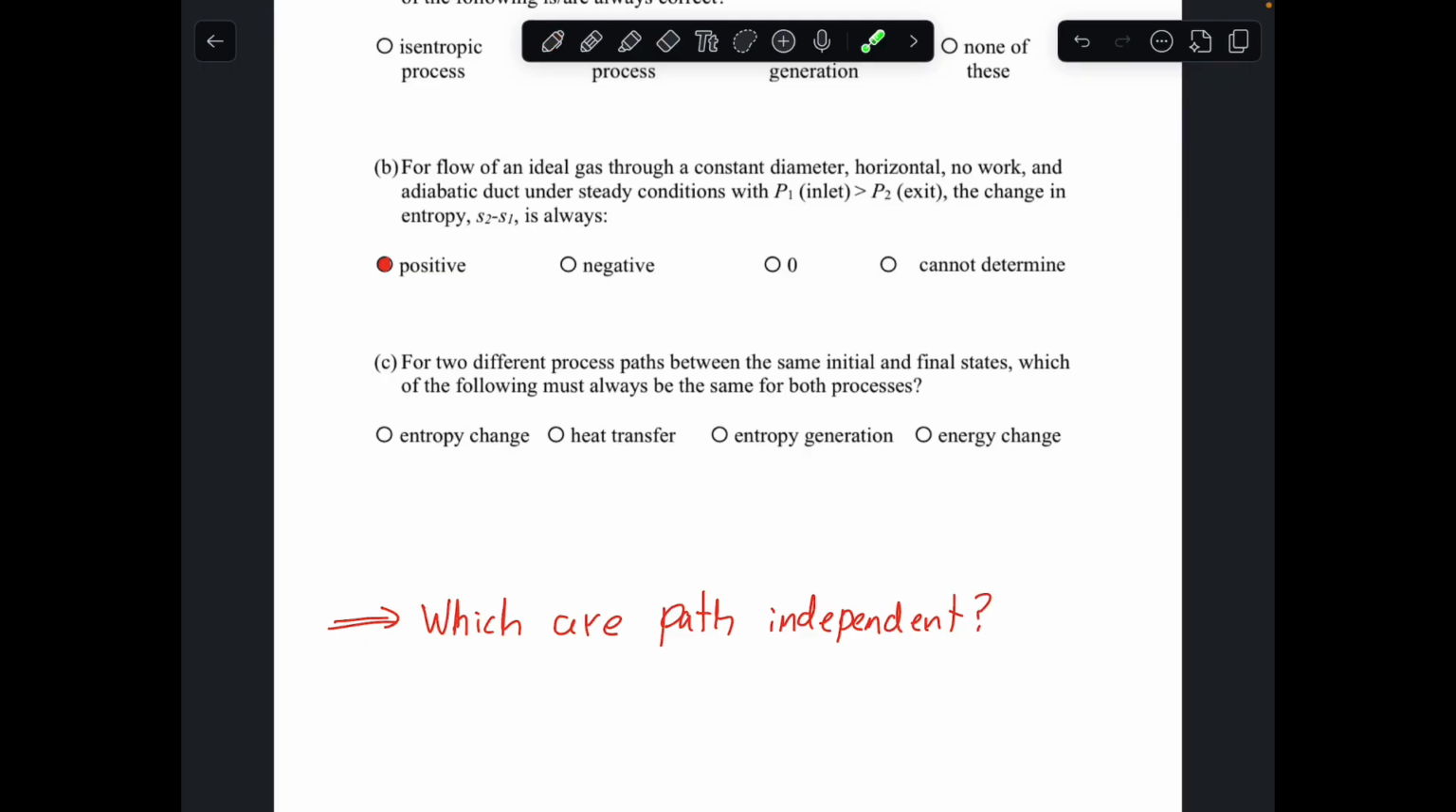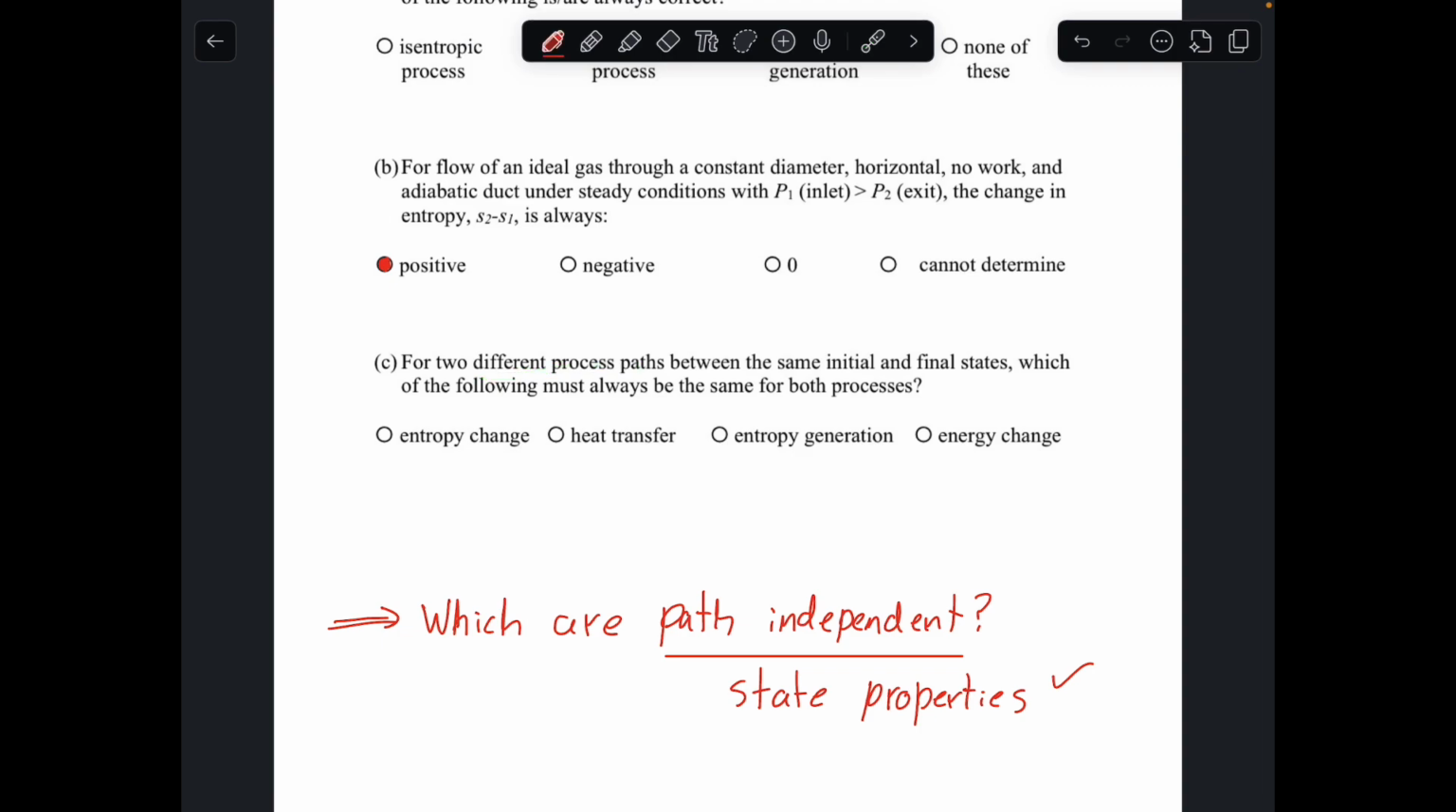So for these options, this is something that you just have to know, which of these are path dependent versus path independent. But there is something that we should remember that are always path independent, and that is our state properties. State properties never depend on path. So they're always path independent. And in this case, we do have some state properties here. We have entropy and energy. This is asking about changes in them, but changes in state properties are always the same regardless of the